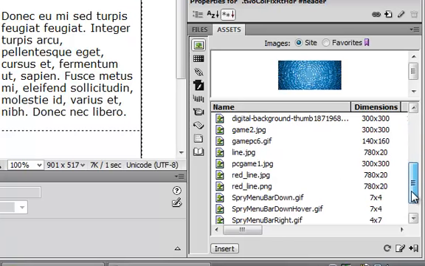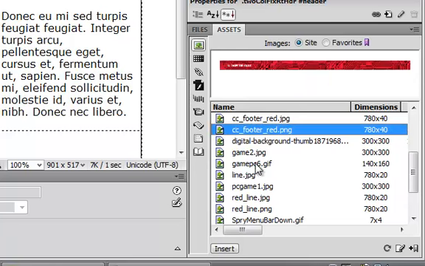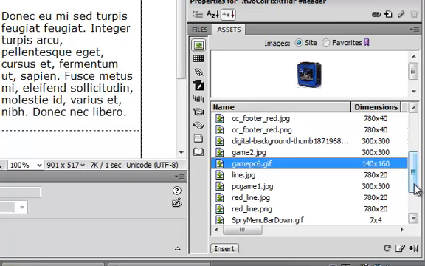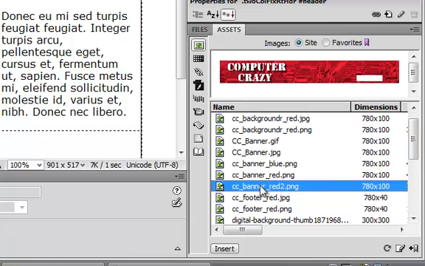For example, all the images, you can get little thumbnails of them. So if I click on the images, I can see that I've got a number of different images. I'm looking for one that I know is there called the banner, and it's this one here. So I've got a little vision, and this is my image,